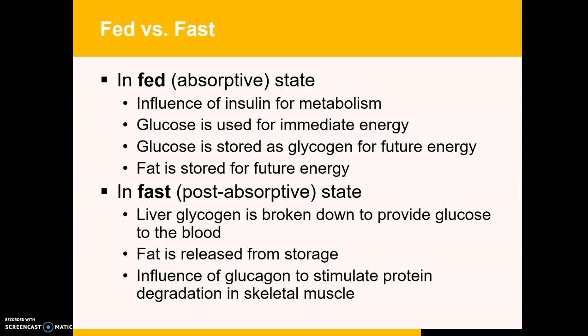In general, if we assume the individual is not obese or diabetic, as a result of insulin, the liver and muscle cells will take up glucose, right? And they will synthesize glycogen and produce energy. That is what we call glycolysis. Additionally, fatty acids are synthesized in the liver and stored in adipose tissue, and protein synthesis is increased.